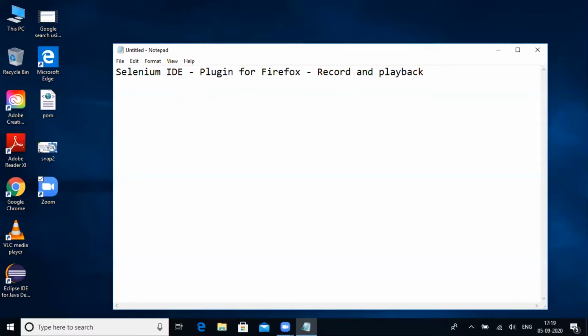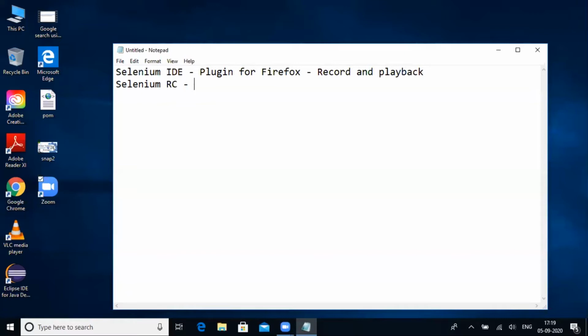The second version of Selenium is Selenium Remote Control, which is programmed. Here you have to use some programming language to write the automation script. Again, it is also used to automate web applications. So it is a programmed one, but this version is no longer used by the industries.